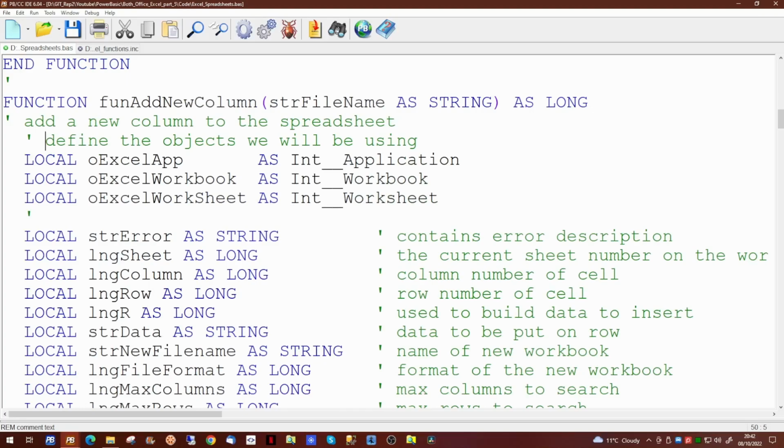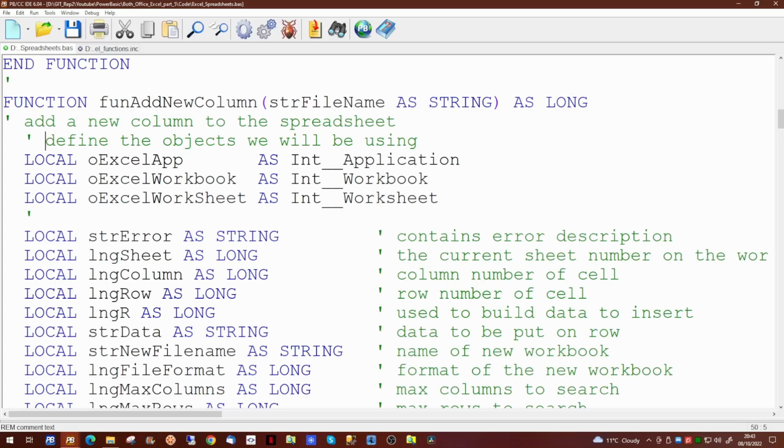As we did in the previous videos, our first task within this new function is to define the 3 objects we'll be using to manipulate Excel. One for the Excel application itself, one for the workbook, and one for the worksheet. If you've watched the previous 4 videos, these should be quite familiar to you by now.